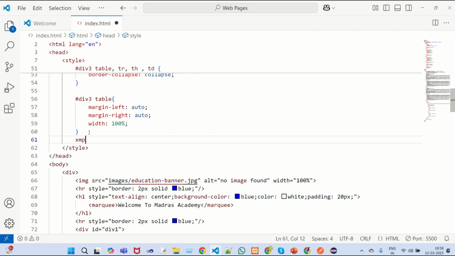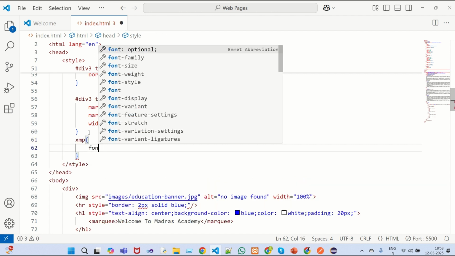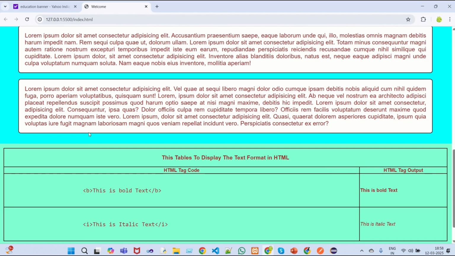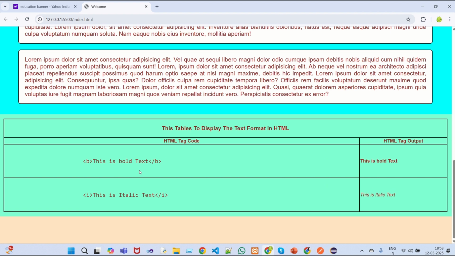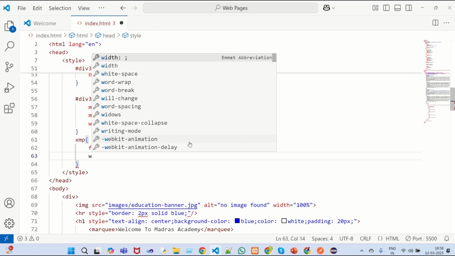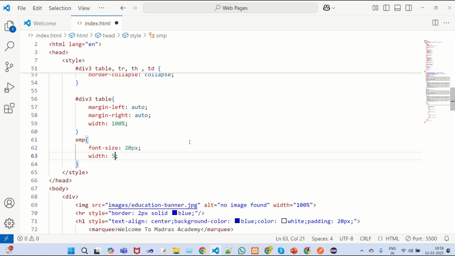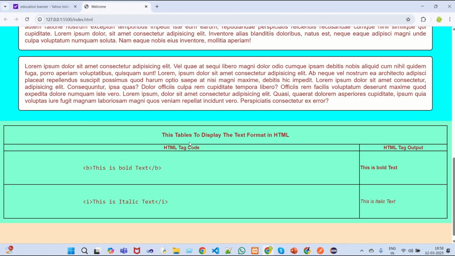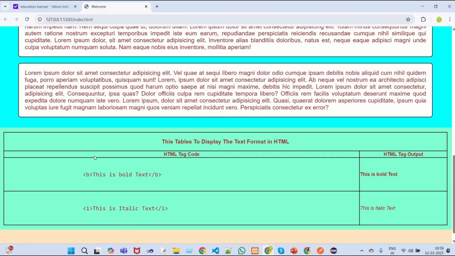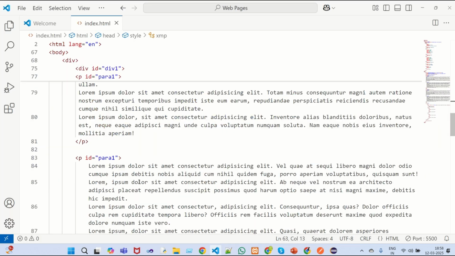Okay, XMP selector, open and close, font-size 20px. Okay, I'm able to see the output properly in this format. Now we need to reduce the width. We'll do it here with 50%. Okay, for this it's not reducing, so what we will do,